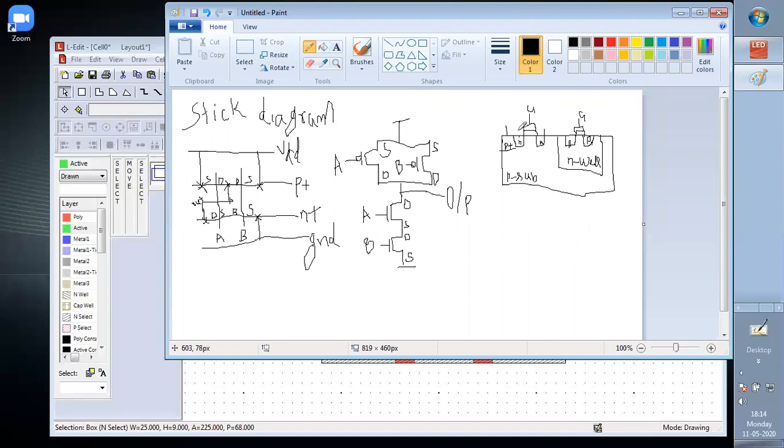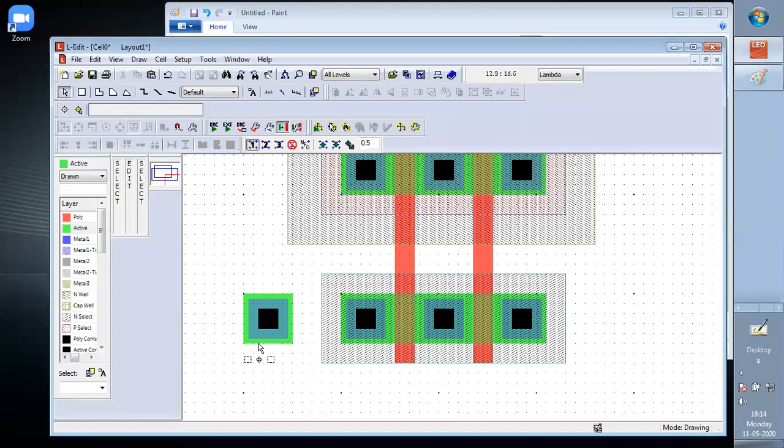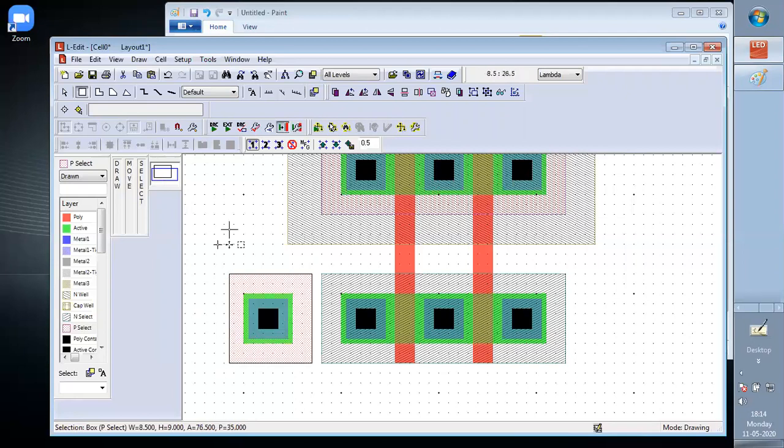This is the source, right? This is the body. So here we created this. Now we dope this with P type, P select. So this will be again 2 lambda away from each side. Here we have to select this box and then 2 lambda away from each side. Right? Now this is the body.